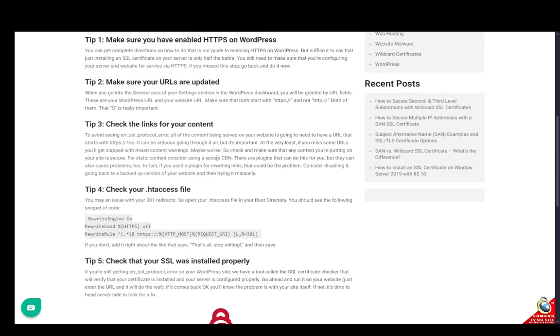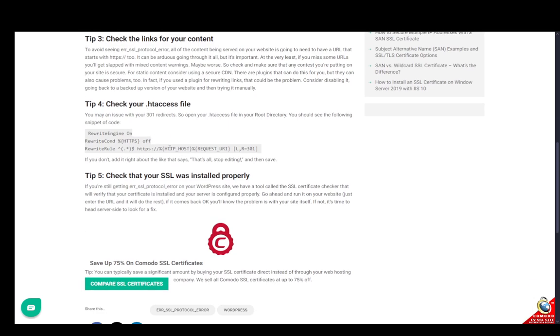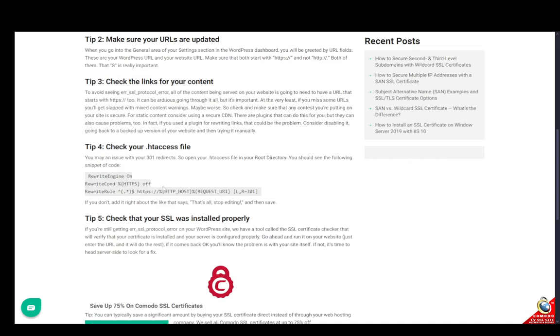However, there might be additional problems you might have, so you need to make sure that any content you're putting on your site is secure. And for serving content, you should consider using a secure CDN, and there are plugins that can do this for you. I can't access the plugins, so I can't really give you any recommendations. However, do check that out. Other than that, you can go ahead and issue